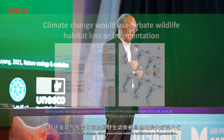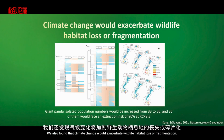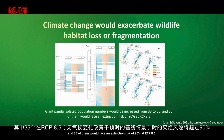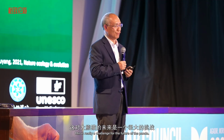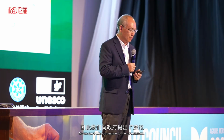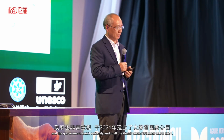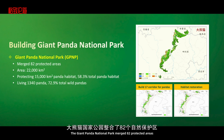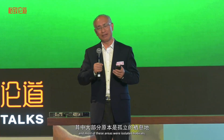We also found climate change would exacerbate wildlife habitat loss and fragmentation. The isolated panda population number will increase to 56, and 35 of them will face extinction risk of 90% at RCP 8.5. So this is a real challenge for the future fortune of the panda. So we gave the suggestion to the government, and the government took it seriously and built the Giant Panda National Park